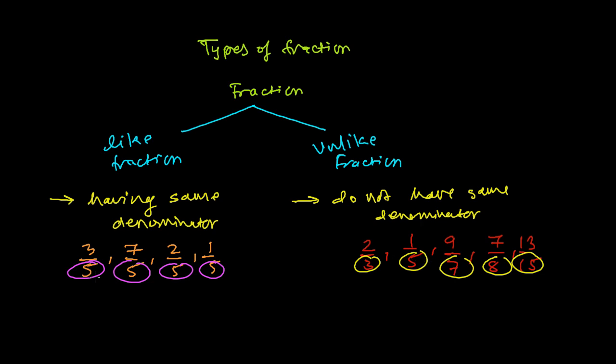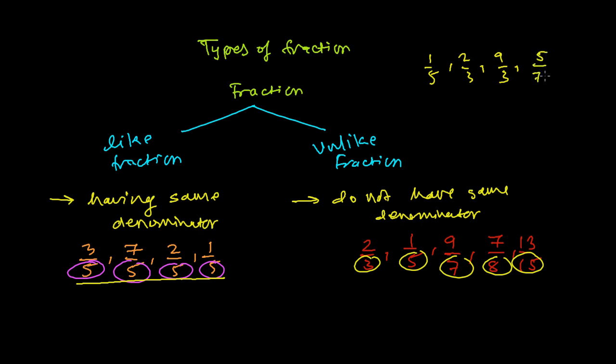It is very easy to separate the like fractions from the unlike fractions. Those fractions which have the same denominator are called like fractions, and those fractions which have different denominators are unlike fractions. All right, let's say I have here 1 by 5, 2 by 3, 9 by 3,